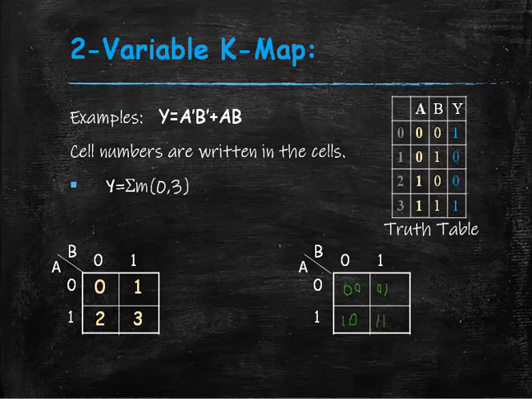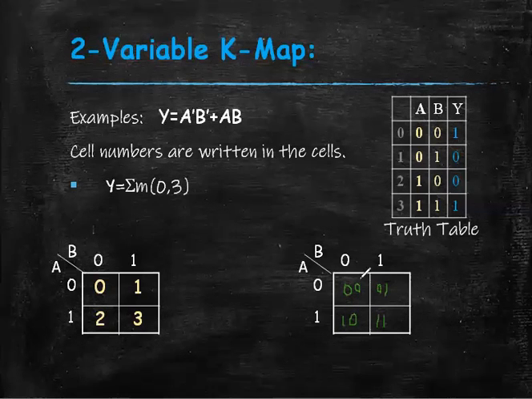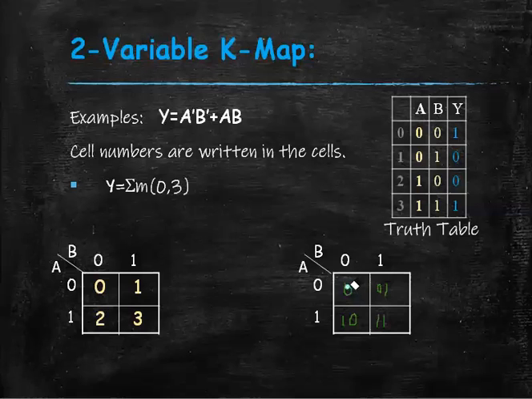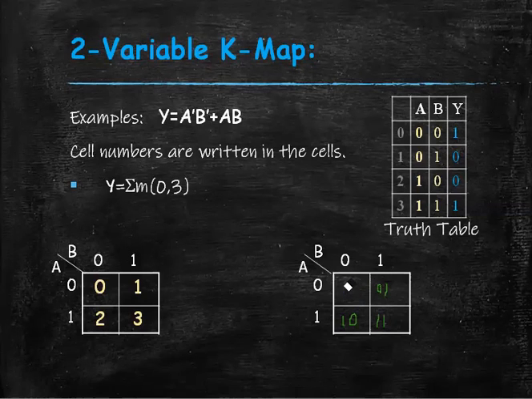Then we have to put a 1 for A bar B bar. Then we write a 1 in these two positions. That is, we write a 1 in the two positions, and we write zeros in the remaining positions. Then we can simply obtain the K-map from the logical expression also.